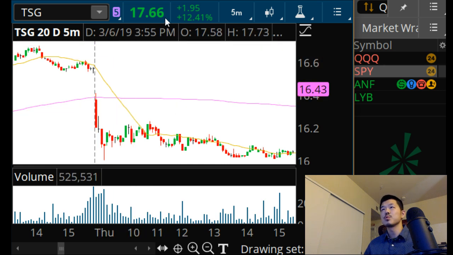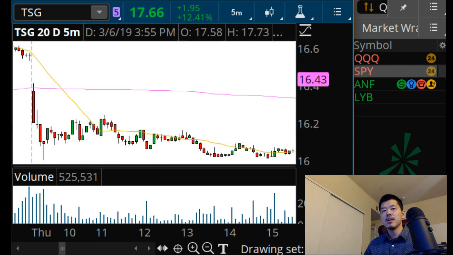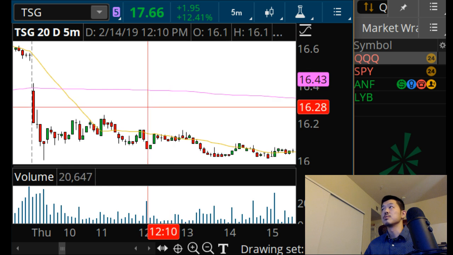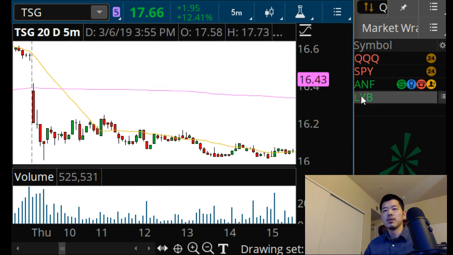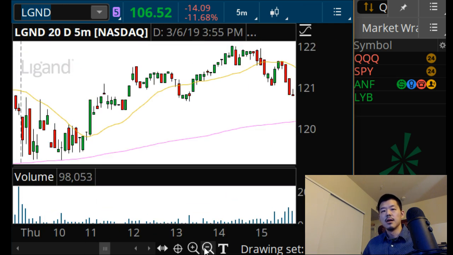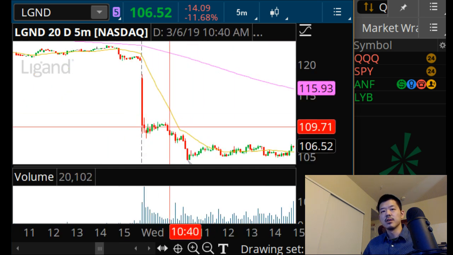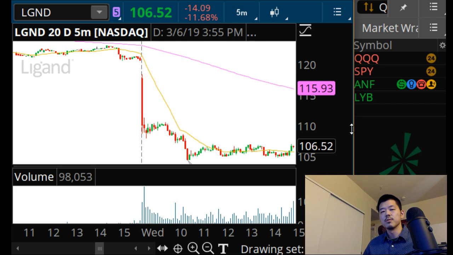I didn't think there was really all that much today. I did focus on the longs. I'm sure there were some pretty good shorts. I have no doubt that there were some good shorts. We saw some good follow through on stuff like the LG&D, for instance. This had a gap down, got nice follow through. You got a nice little sell setup there that followed through.